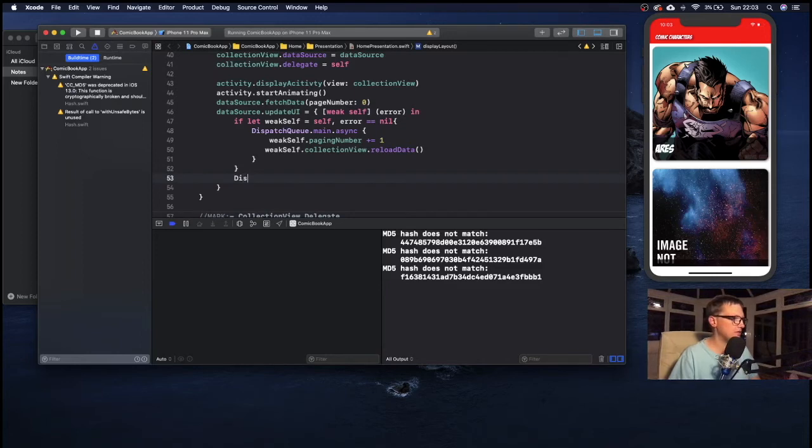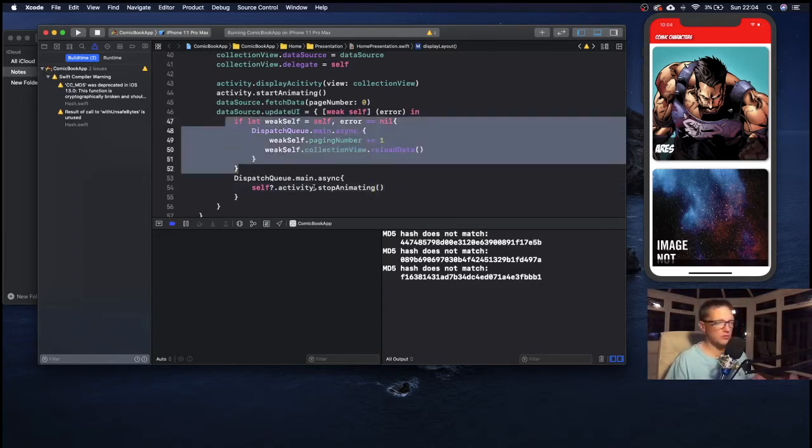So in here we need to do DispatchQueue.main.async, and then open and close, and then here we need to do self?.activity.stopAnimating, whoops, like so. So yeah, if this block here ever fails, we'll still remove the